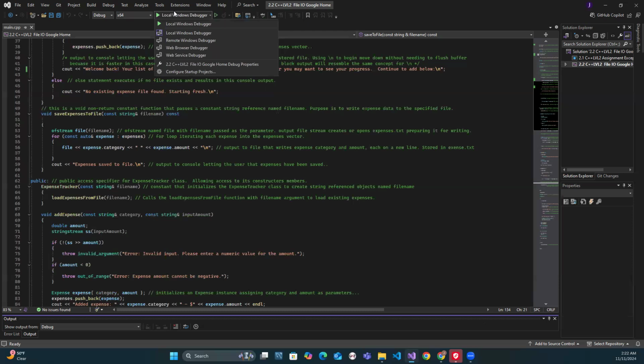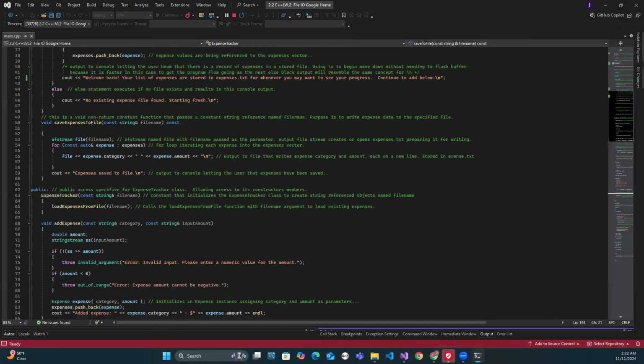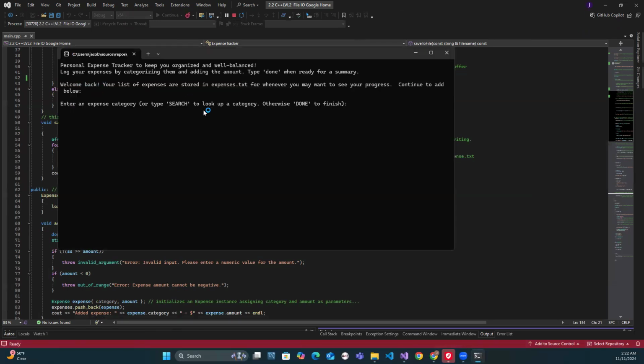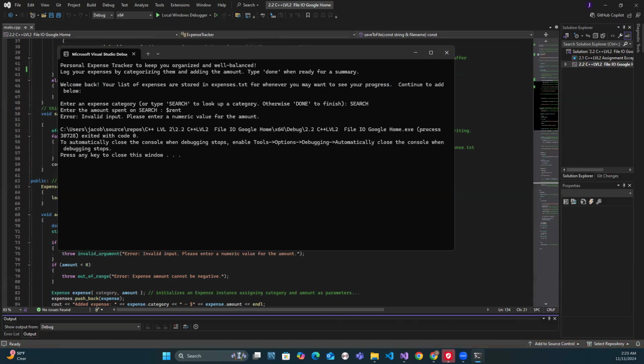So we will run it and demonstrate with the file that already has data stored. Welcome back. List of expenses are stored. So we will use our search since we do have expenses stored. We will type in rent, and there's an invalid input in the amount because